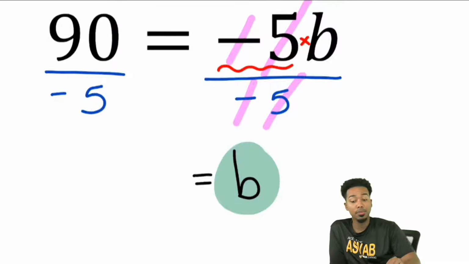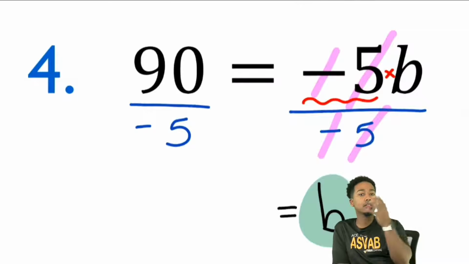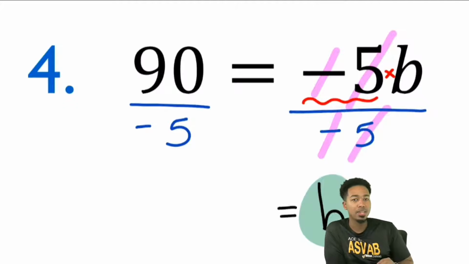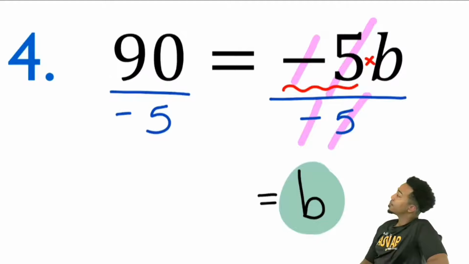And no, it is. In this question, it is. So this is number 4. We see that it's 90 equals -5b. Getting to b is the goal. And now let's understand what's going to happen here. Everybody, now we have